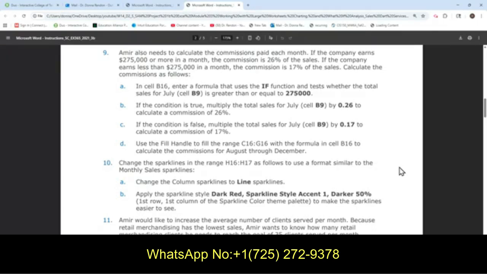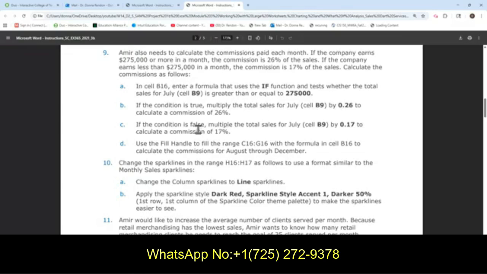So in cell B16, enter a formula that uses the if function and test whether the total sales for July, cell B9, is greater than or equal to 275. And then the condition, if true, you multiply the total sales for July, which is cell B9, by 26% or 0.26.